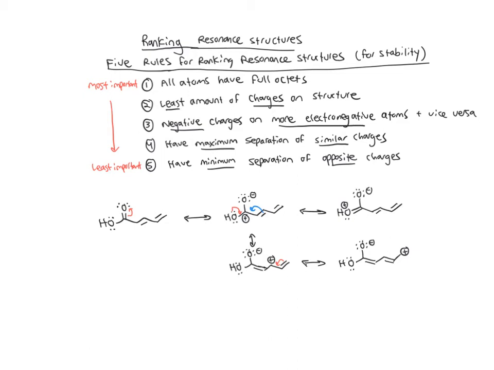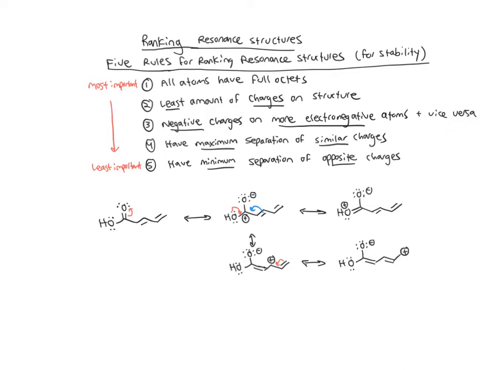Ranking resonance structures is important because we need to be able to tell which structures contribute more to the resonance hybrid. The resonance hybrid we'll talk about more in the next video, but that's the way the molecule actually looks. These individual resonance structures all come together in that resonance hybrid. And to figure out which structures are more important for that resonance hybrid and contribute more, and therefore the molecule looks more like those structures, we have a set of rules for ranking resonance structures based on stability of